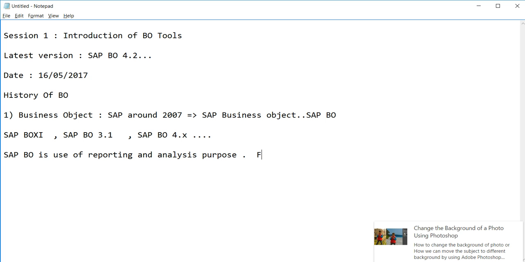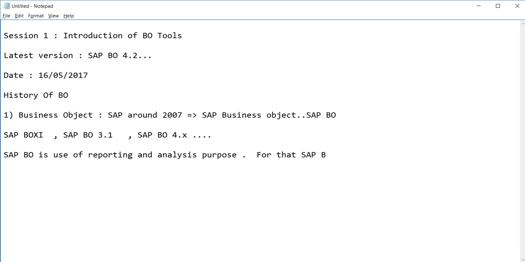SAP BO provides different kinds of tools.